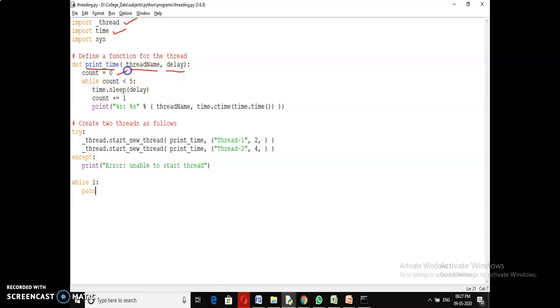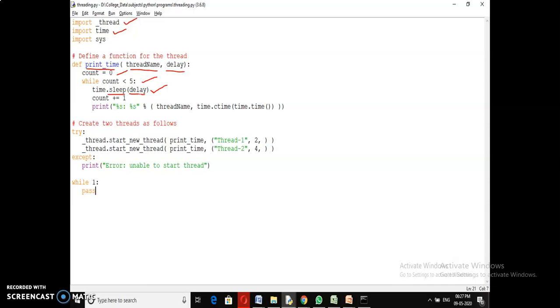And here we start the count at 0, while count is less than 5, that is, I want to repeat this loop 5 times. time.sleep(delay) is the sleep function in the module time, which stops our execution for this number of seconds. This delay is given in terms of seconds.